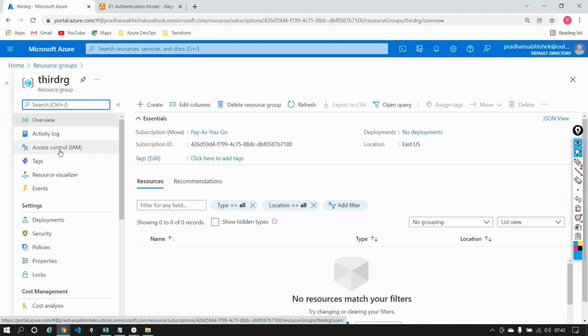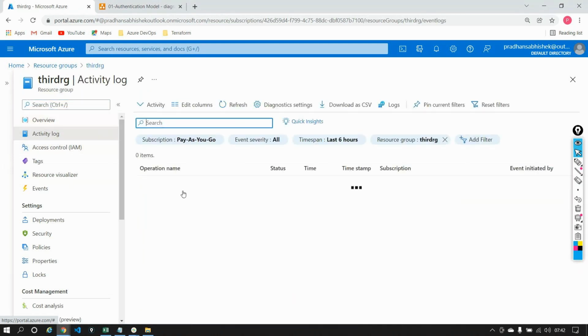As an owner, will I be able to see who's created it? Yes, you have something known as the activity log here, and this takes somewhere around 10 minutes to get reflected, and it will tell you who has initiated this particular resource creation. This is something that we use a lot to see the timestamp, to see who's created what and everything. Does that answer your question?